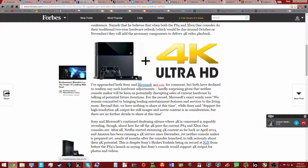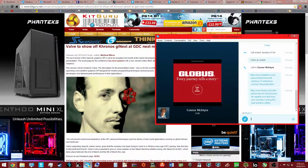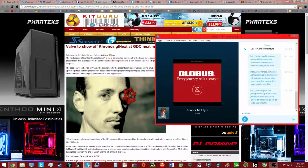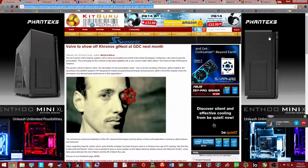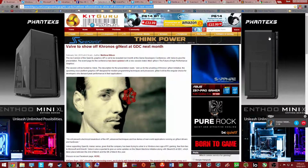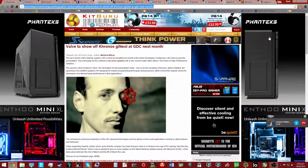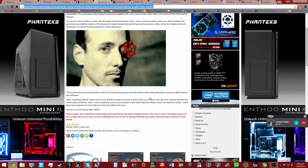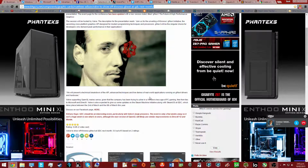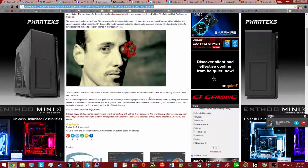But we will move on to something even more exciting about Valve. This is from kitguru.net, which is one of my favourite sites out there. It's basically saying that Valve, in its infinite wisdom, praise Gaben, will be helping to integrate OpenGL into Steam OS, essentially, as part of their coding engine. And what's even more exciting is that Mantle will be able to support OpenGL. Because you know how Linux will never get DirectX. Of course not. And Mantle, which is their low-level API, will be part of OpenGL,